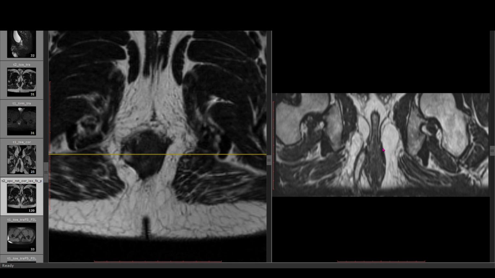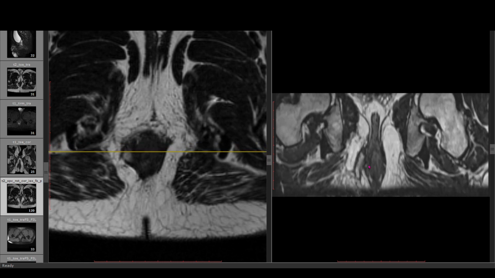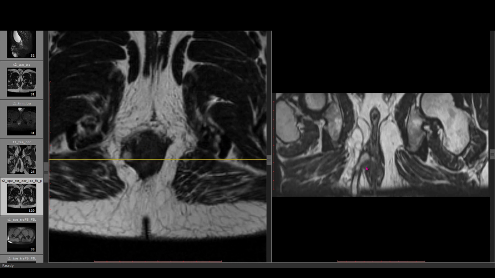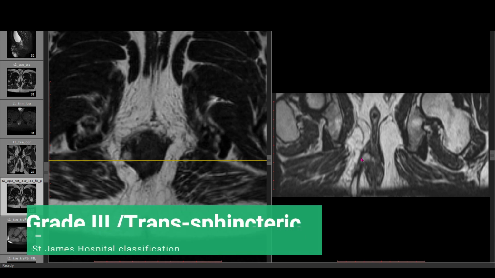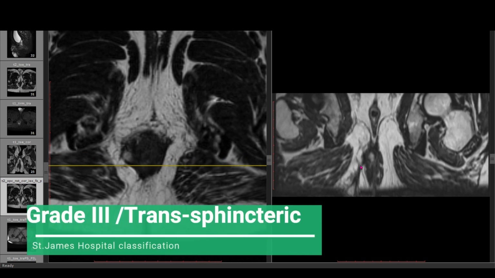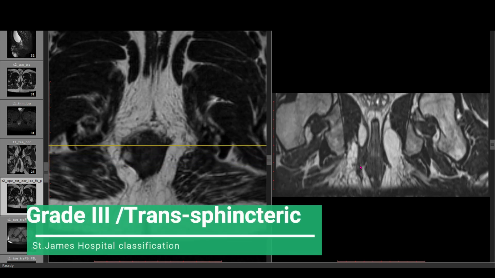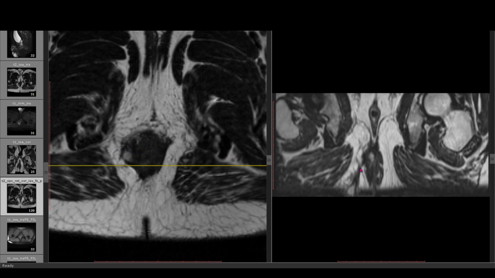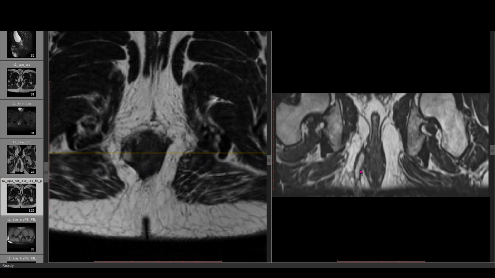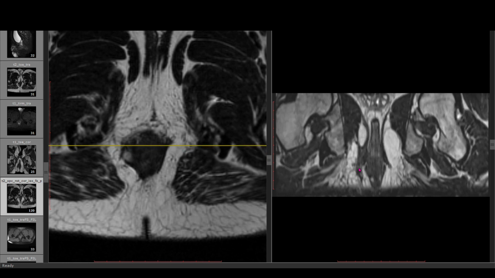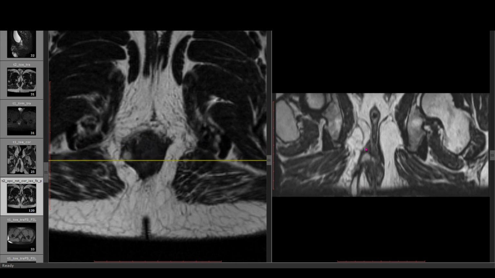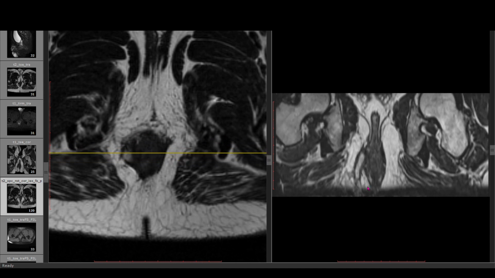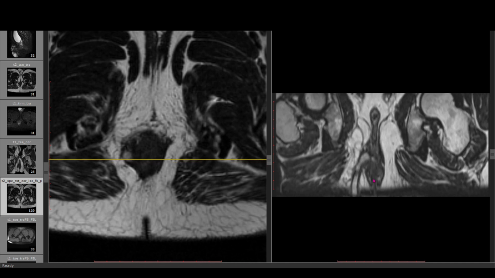This is actually the puborectalis muscle. So what happened in this particular case was, even though the course is a transsphincteric route, the transsphincteric piercing is actually happening at the puborectalis muscle. So this is significant. You have to specifically mention which area of the external sphincter it is piercing. When you go up, you can see the levator ani going up, and it is not involved beyond that. So this is one such interesting case you have to see.